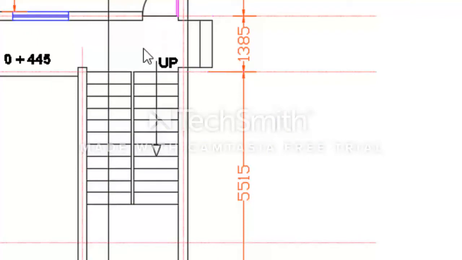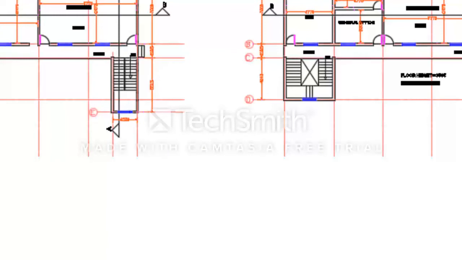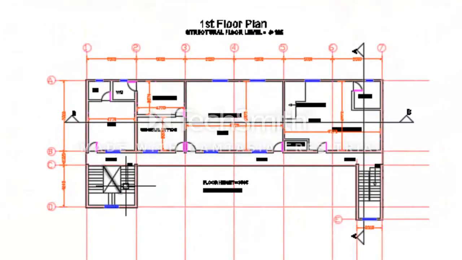This process of calculating the height of riser is repeated for the other floor heights, say from the first floor to the ground floor. So you determine the height of each riser.